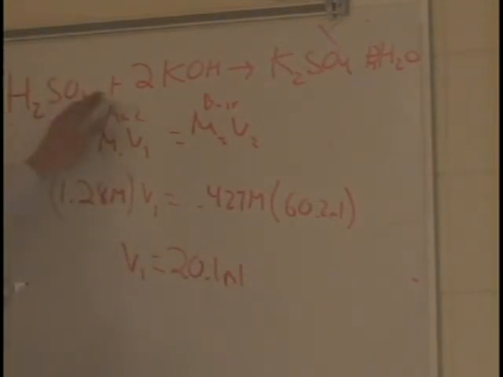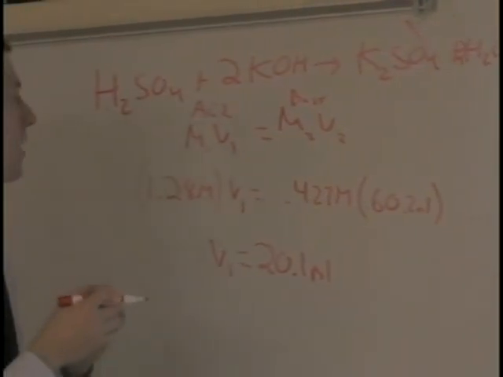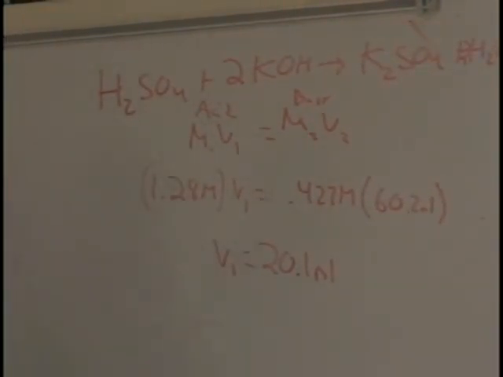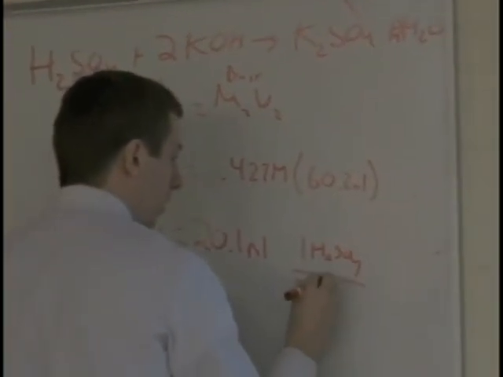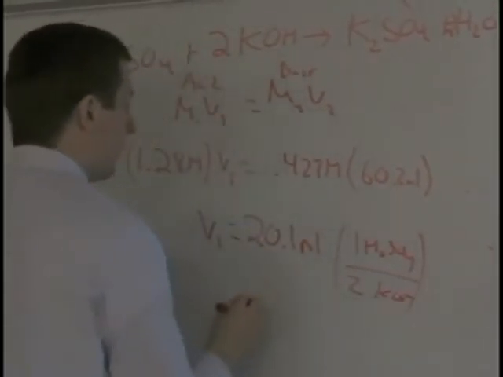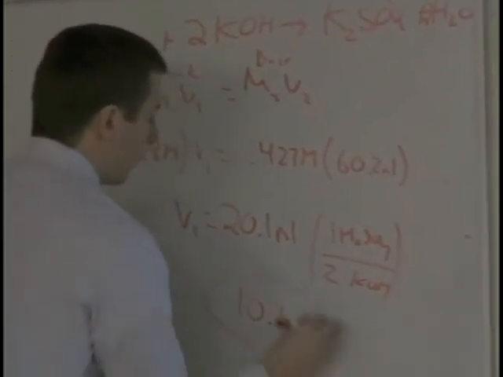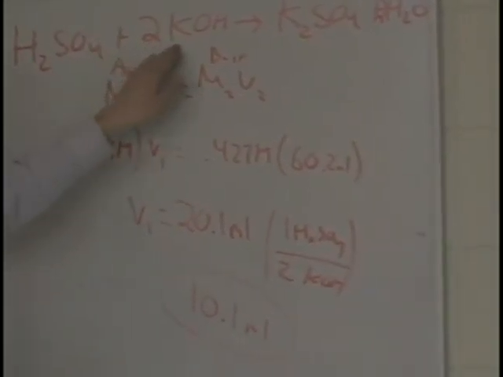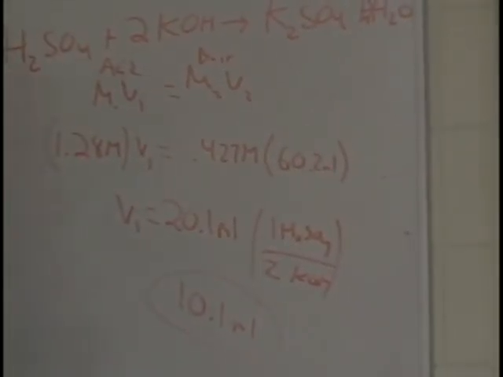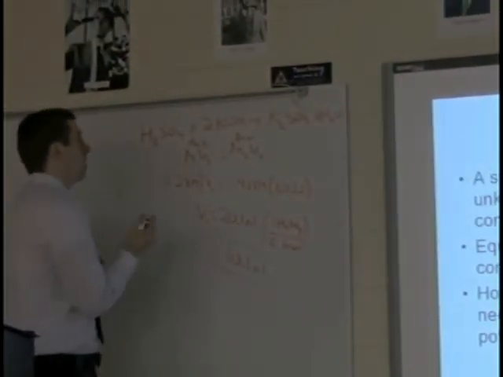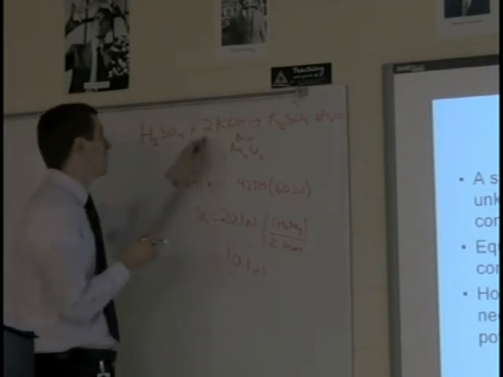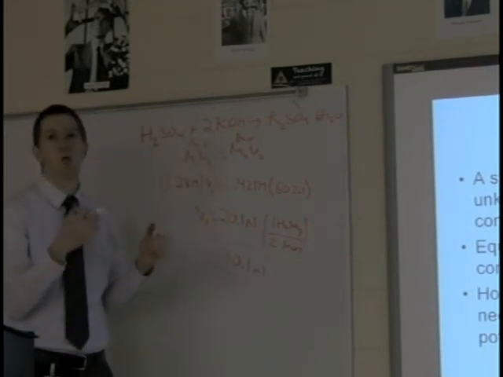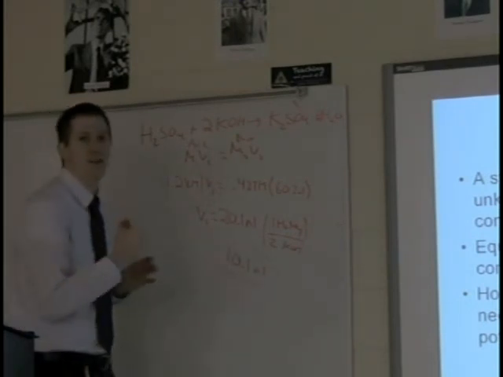If this were a 1-to-1 ratio of acid to base, we'd be done with the problem. But it's not a 1-to-1 ratio, it's a 1-to-2 ratio. So really, if I do a conversion of H2SO4 over KOH, I need to divide this by 2. 10.1 milliliters is all I need of the acid because I need twice as much base to react with it in the first place. It's a diprotic acid. So again, what you want to do is M1V1 equals M2V2, 1-to-1 ratio, you'd be done. If it's not, then you might have to multiply or divide by 2, depending upon what you solve for in the first place. And that is the end of chapter